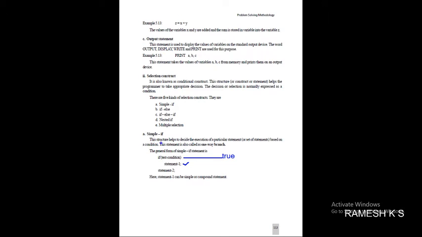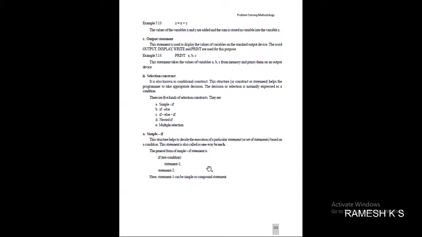So simple if means the structure helps to decide the execution of a particular statement, and that execution is decided based upon this condition. If the condition is true, the statement will be executed. If not, statement 2 will be executed. That is the importance of simple if.